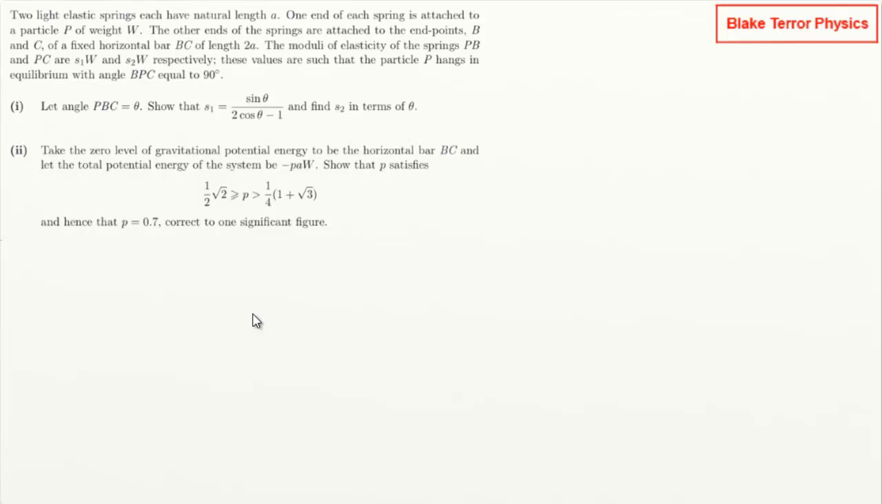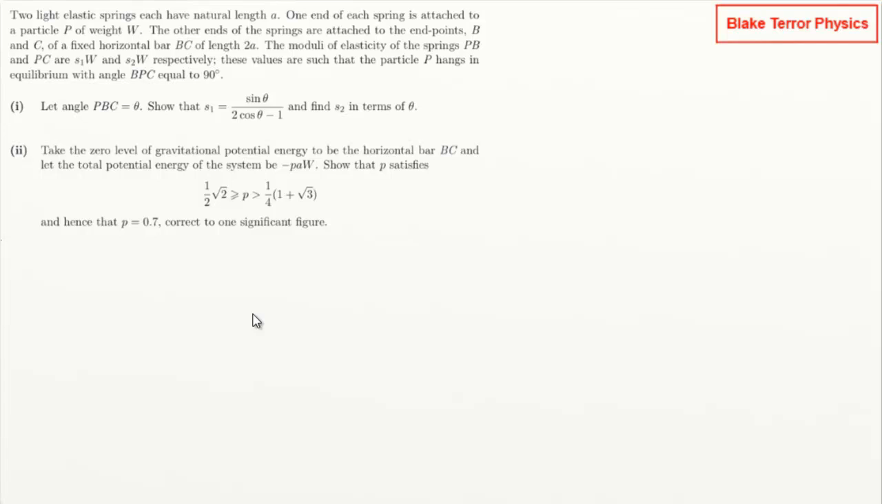Hello, this is question 10 from the step 3 paper in 2022, the second of the mechanics questions, so another one of my favourites. We've got two light elastic springs, each have natural length A. One end of each spring is attached to a particle P of weight W. The other ends of the springs are attached to the endpoints B and C of a fixed horizontal bar BC